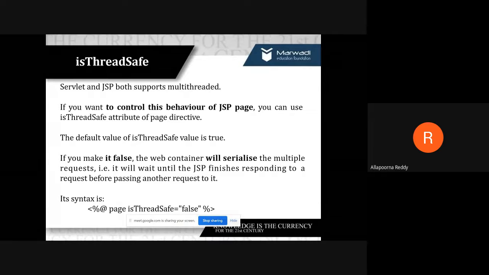One request has to be completed first, and only then can it handle another request. When you set it to false, you want your request to be handled in a proper way, especially if your request takes a very long time. Then you can make it false, so that it handles one request at a time, not more than one. First request one must be completed, then only should it go to the next. Until then, it should wait. That is all I am saying.